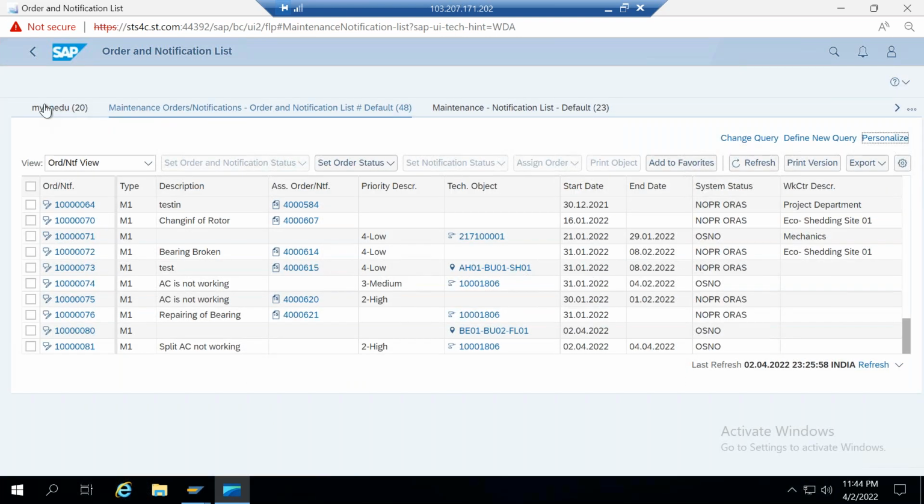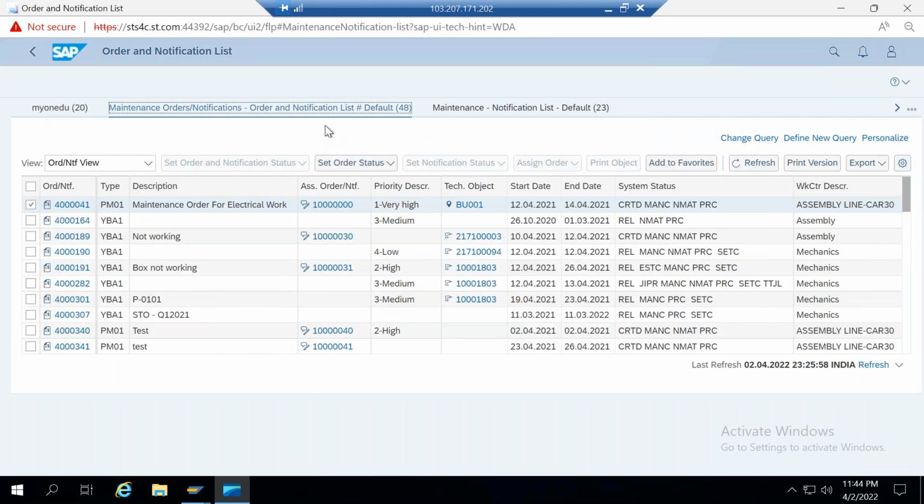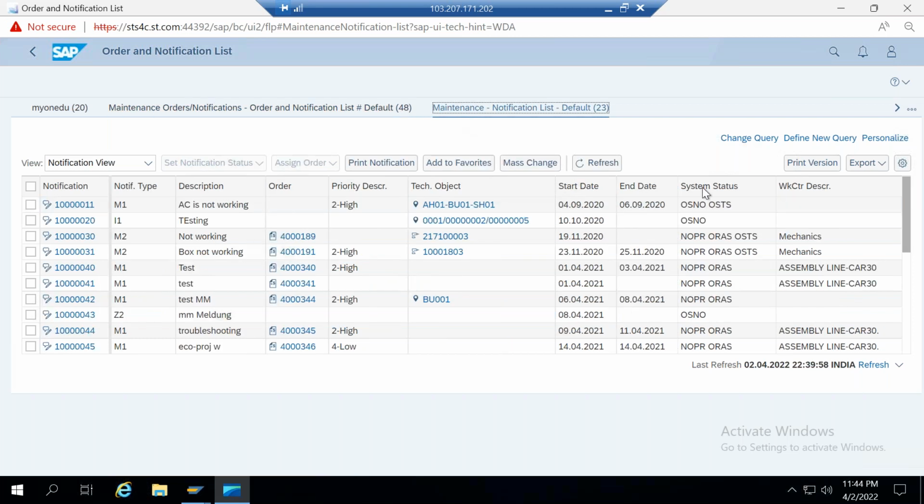My window is one tab. Okay, let's say if you are clicking here, maintenance order and notification list, it's one tab. Okay, here in the maintenance notification list, it's a different tab. So if you want to see it as a link of new pages, you can customize it, you can